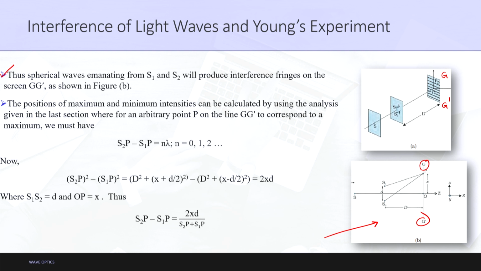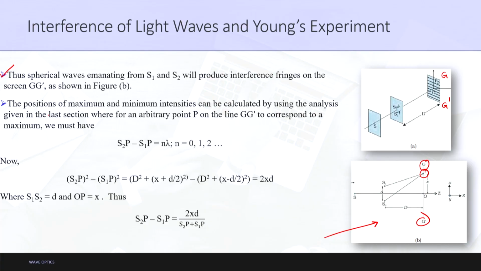The positions of maximum and minimum intensities can be calculated by using the analysis given in the last section, where for an arbitrary point P, this is the arbitrary point P for which we need to find out if it will have a maximum intensity or a minimum intensity. For an arbitrary point P on the line GG dash to correspond to a maximum, we must have